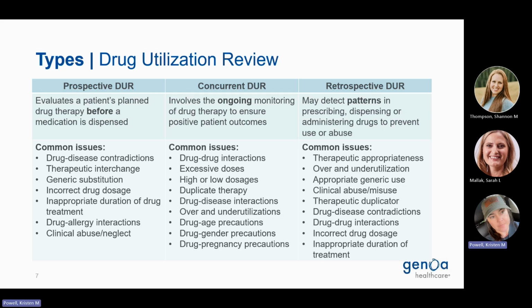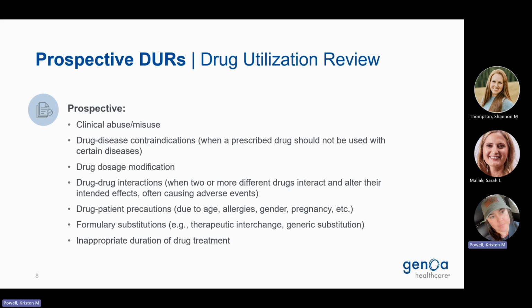Finally, we have retrospective DUR, which takes place after the medication has been dispensed and used. This review analyzes patterns in prescribing, dispensing, and administration to identify trends that may indicate inappropriate use or abuse. Retrospective DUR is a powerful tool for quality improvement because it allows us to learn from past behaviors and outcomes to improve future practices. In the next couple of slides, we're going to delve a little deeper into each DUR